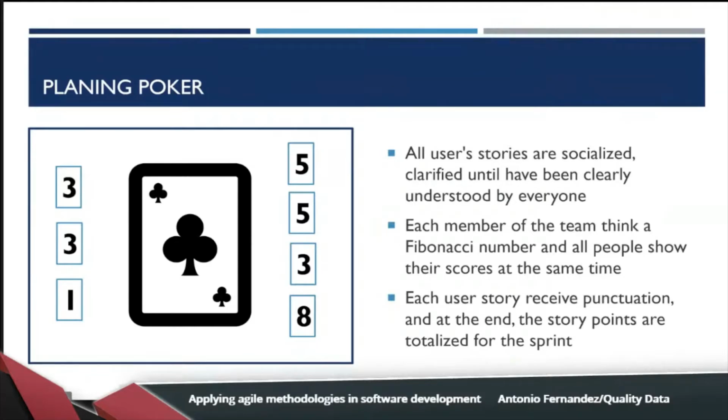After that, we have two important things. We have 3 votes for 3 story points and 2 votes for 5. What do you think is the correct score for this user story? 3 or 5? Always, we need to take the higher in these cases. It's better to have more story points, and at the end, if we have time, add a new feature when we can.